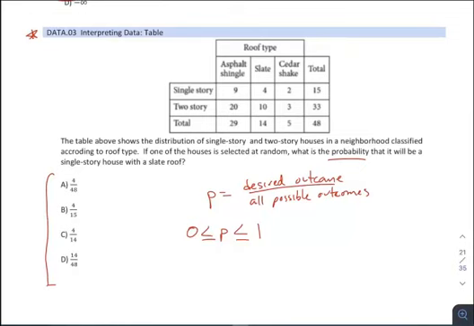And then if we look up here to see what this data is telling us, it says if one of the houses, so that's all possible outcomes, is chosen, what's the probability that it's single story and slate roof? So single story here with a slate roof, there's a total of 4 of those. And the all possible homes is down here, 48. And so that would represent your probability. And it's not simplified here. More than likely it will be a simplified form when you look at